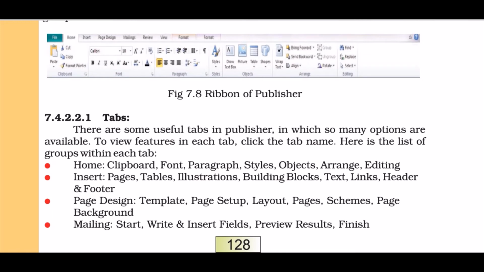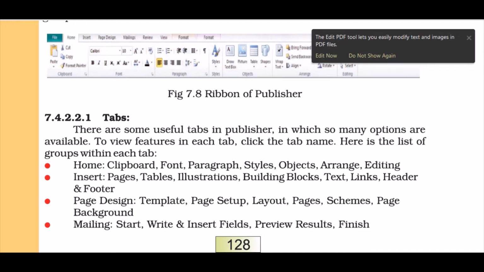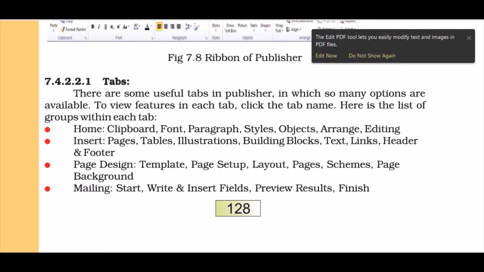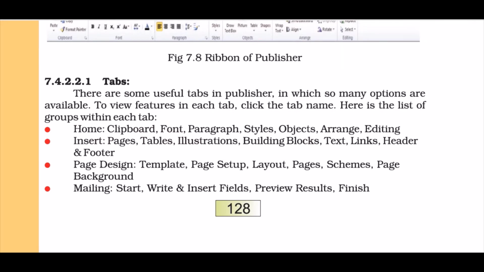Like the home tab, you have so many options in here: new, cut, copy, paste, fonts, etc. And in the insert tab, there are options like illustrations, building blocks, text, links, header and footer. In the page design tab, we have templates, page setup, page layout, schemes, page background, etc.